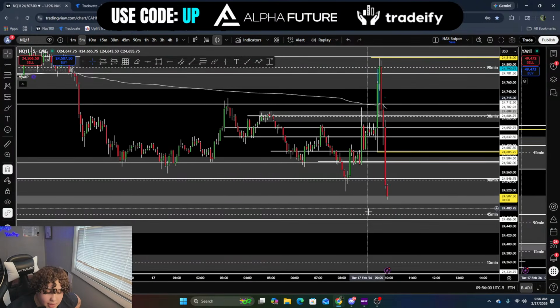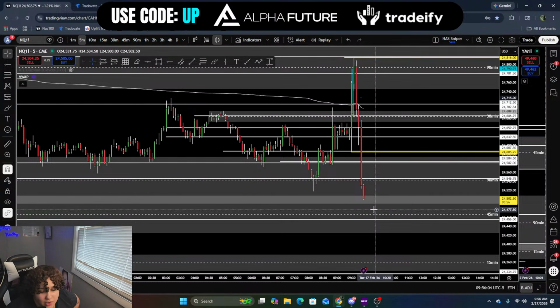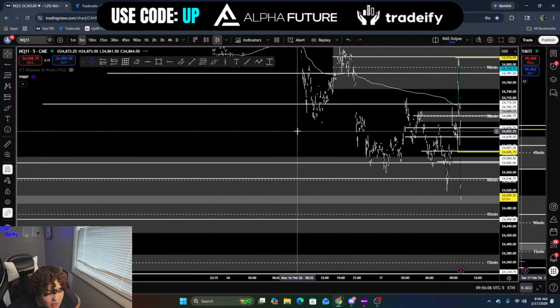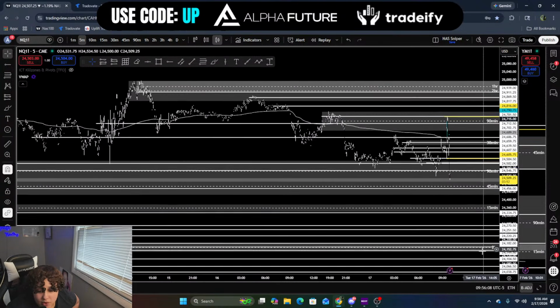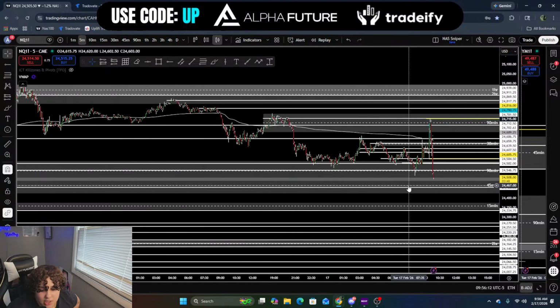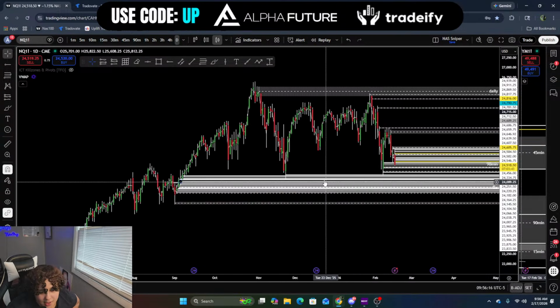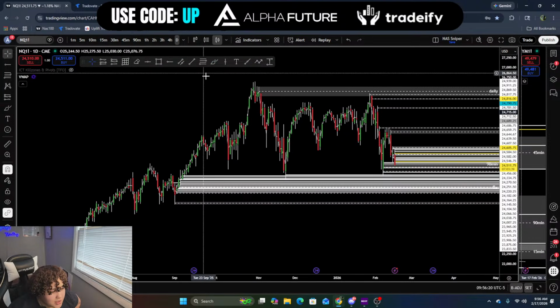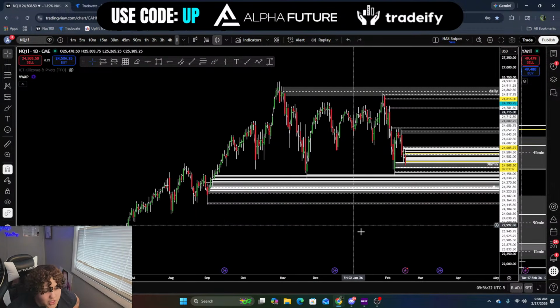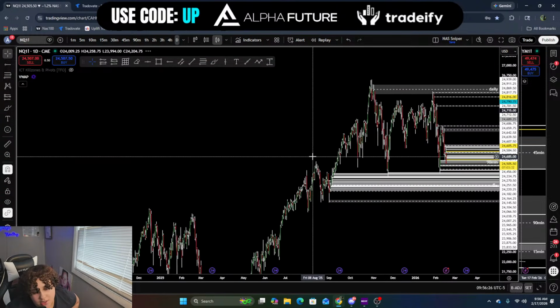Now it's just tapping a 45 minute demand zone. So we'll see if it bounces off of here, if it continues down. I think it'd be really good for the market to have a very bearish day today. For me at least, just because I kind of want to get out of this huge range that we've been in. I think if we get out of this range, maybe we'll see better direction